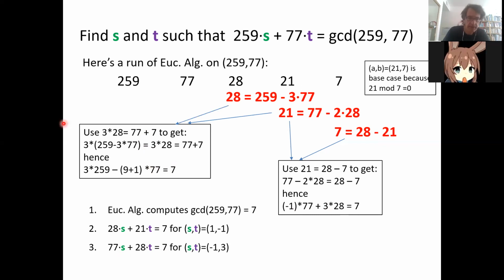I would definitely put the 7 on the left hand side rather than the right hand side. But in any event, that's what's happening. I know that 7 is this form. Now I replace 28 here by 259 minus 377, and